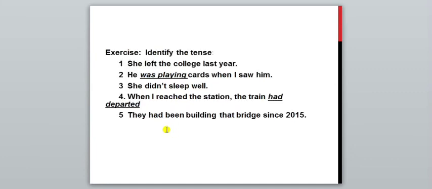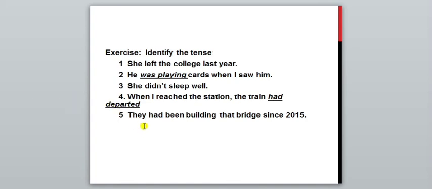Okay? In this way, assignment is also given in the video only. Write down these sentences in your notebook, and below every sentence you have to write down the answer. Most of the students are just writing the answers and sending me the assignments. Don't do it. Write down the question, and below that question write down the answer. And I hope that you must have understood all subtypes of past tense also.